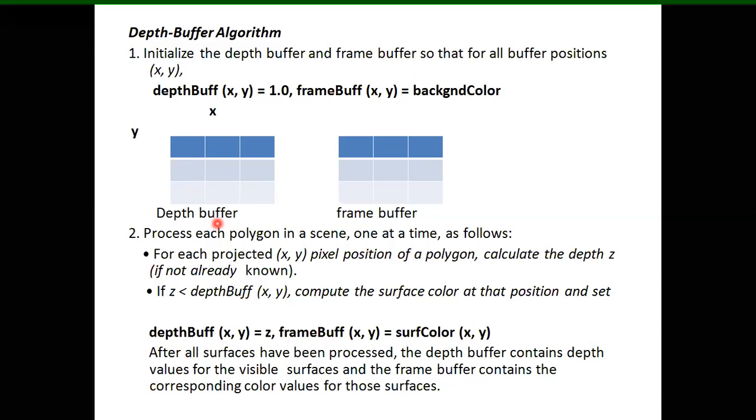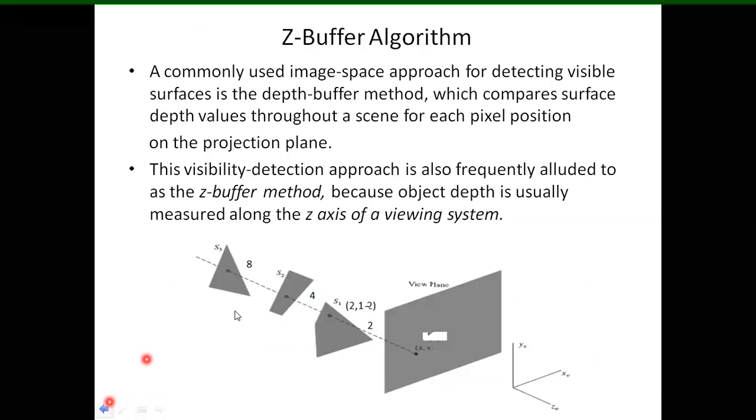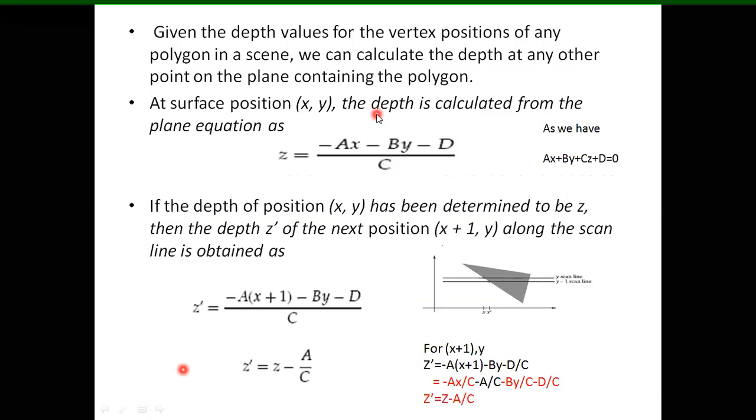Fine. So now my question is, whenever I start going with the object, first I will find this pixel, next I will find this pixel, and I will go on finding the values of each of these pixels. So what is the procedure for that? First I will find this pixel, then the next pixel. What is the formula to find the Z value? We have a simple way to find the z values at each pixel, where each pixel is represented by xy.